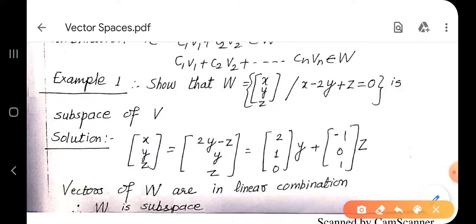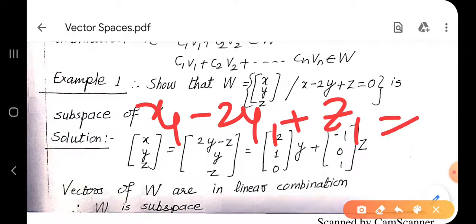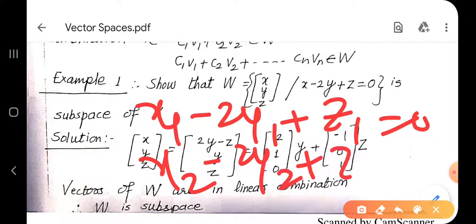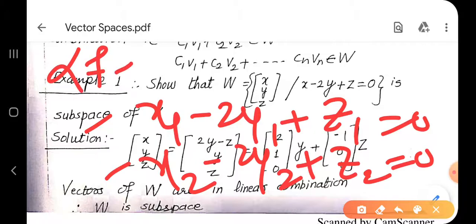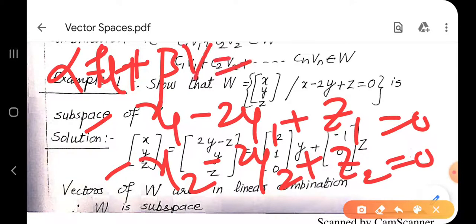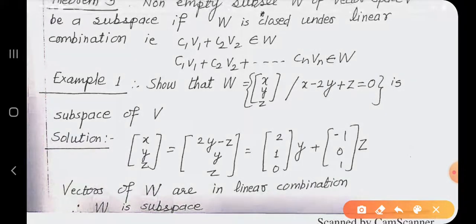What is our condition? x1 minus 2y1 plus z1 is equal to 0. Second condition, x2 minus 2y2 plus z2 is equal to 0. So these two conditions must be satisfied by these two elements because they belong to W. Now consider alpha u plus beta v. Correct? So what do I get? Alpha u plus beta v